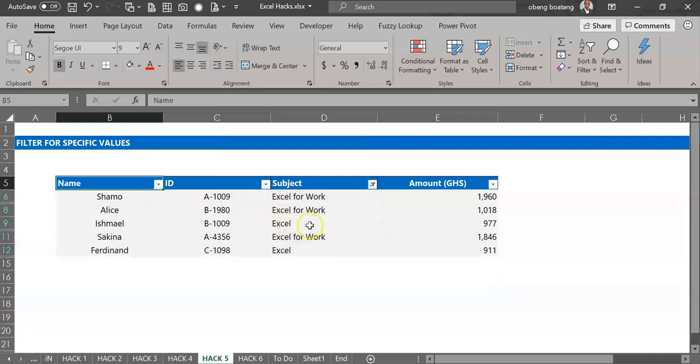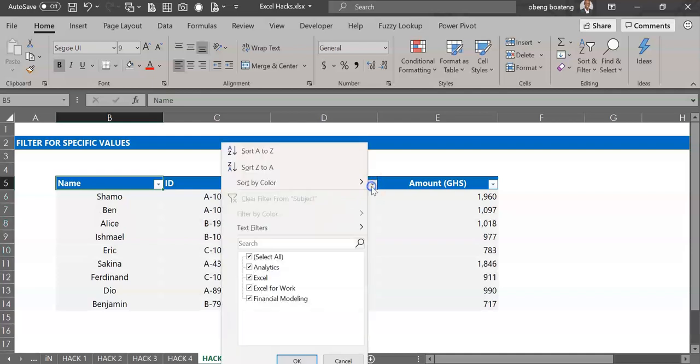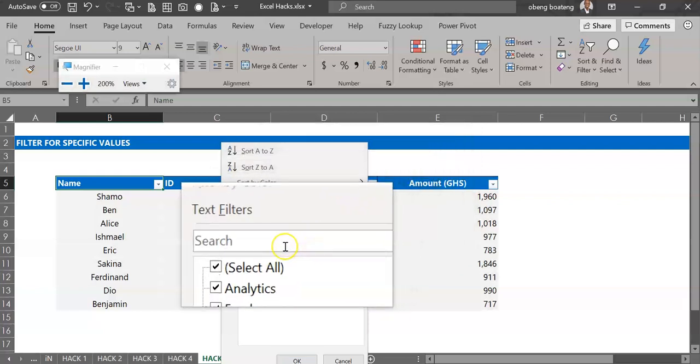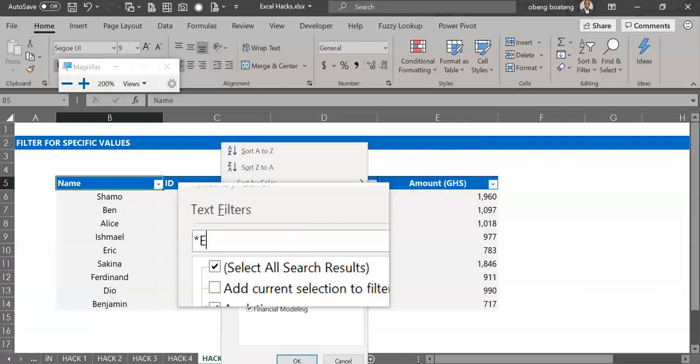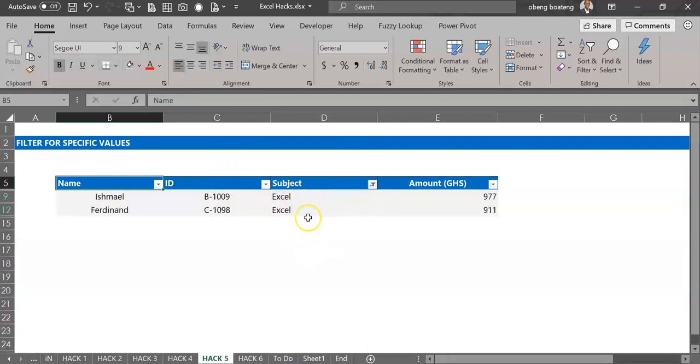Now, to get only Excel and not Excel for work, a better way to do this is to click in the filter icon, and where it asks for the keyword in the field, you can precede your key with an asterisk. So in this case, you type in Excel. When you do this and you click OK, this time around it eliminates the Excel for work and brings you